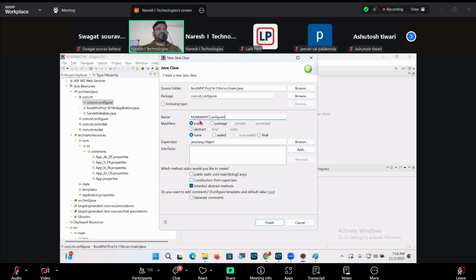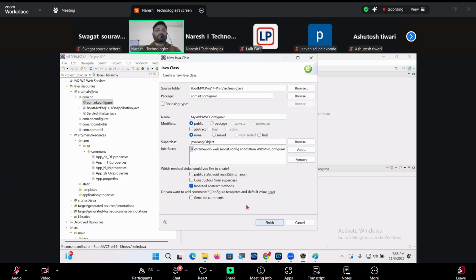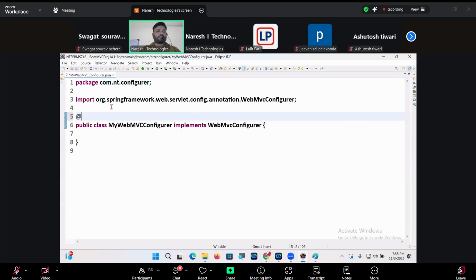MyWebMVCConfigurer, interface. What is the interface I should implement? WebConfigurer or WebMVCConfigurer? Here it is WebMVCConfigurer. @Component.